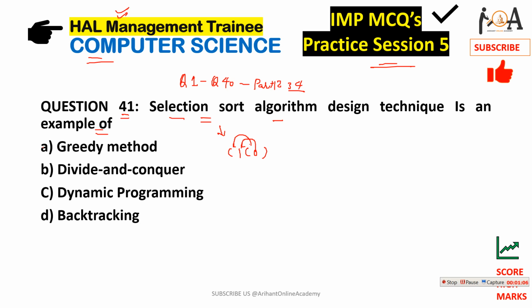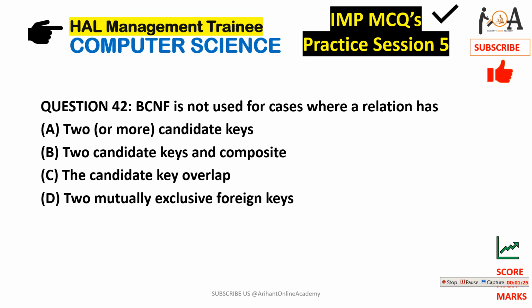So ultimately the approach is greedy. Why? Because every time it is finding either the maximum or minimum element, we can say that it is greedy, and here every time it finds the minimum element from the given array. So it is a greedy method. Option A is the correct one.